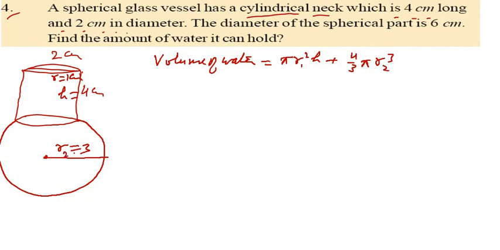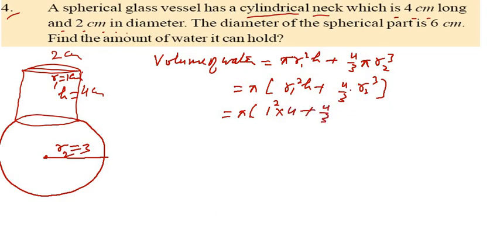So R2 is here and R1 is here, so you can put the value. Now pi is common and we get R1 square h plus 4/3 R2 cube. Now put the value. So pi is here, R1 you can say it is 1. So 1 square into h1, it is 4 plus